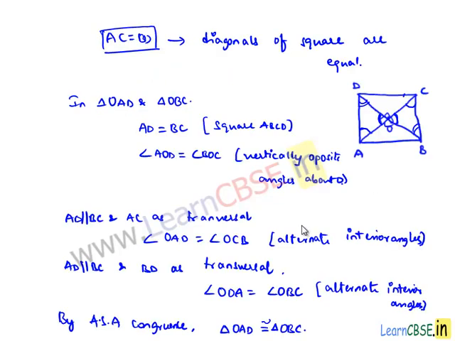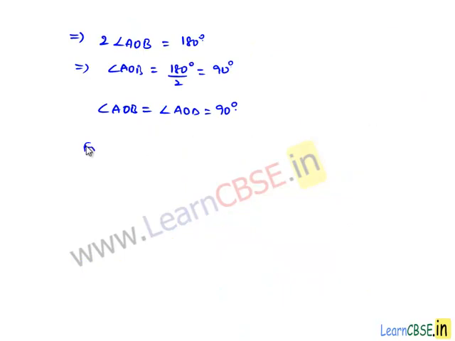Now if we observe, we got angle AOD is equal to angle BOC here. So let us name it as equation number 2. Therefore from equation 2 we can say angle AOB is equal to angle AOD is equal to angle BOC is